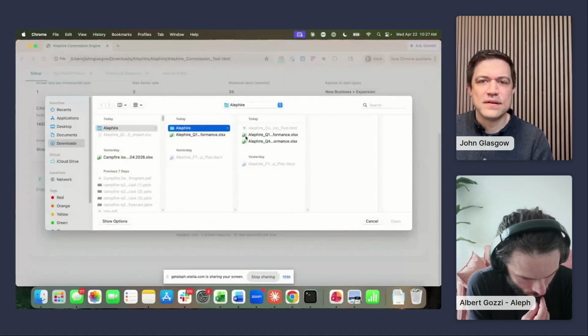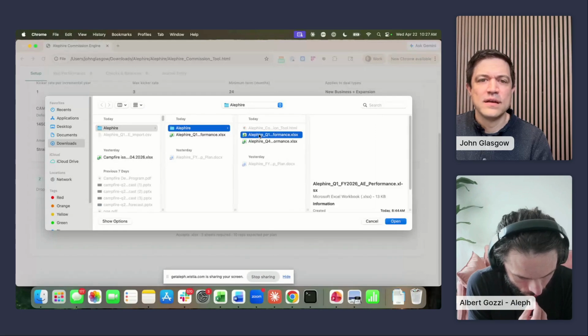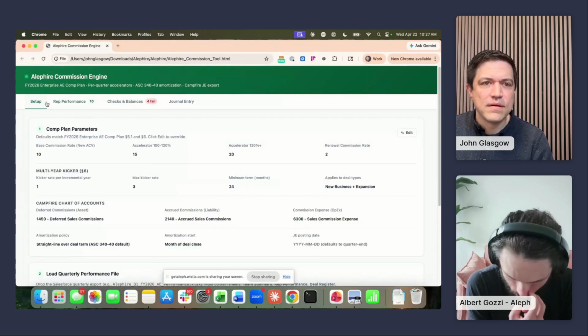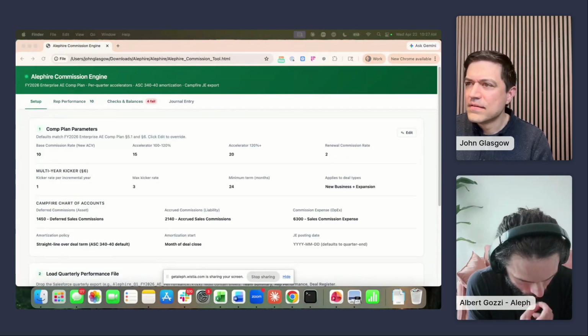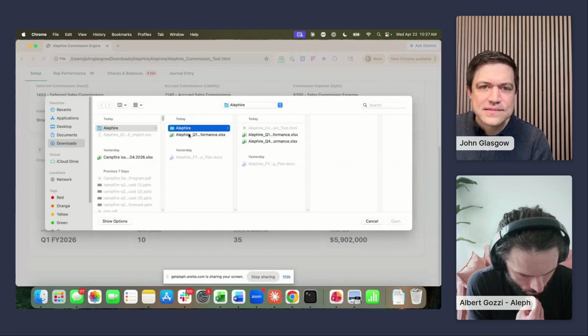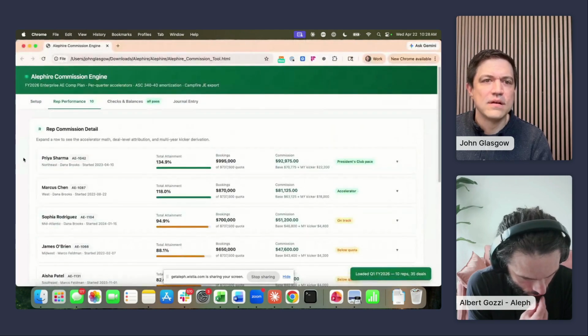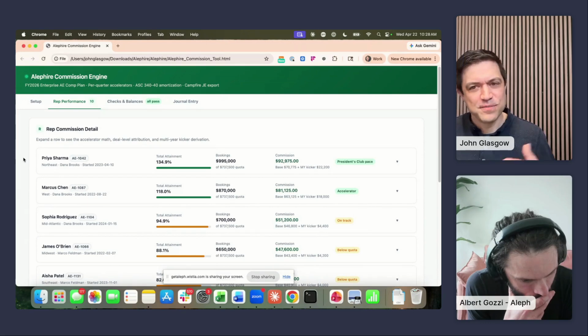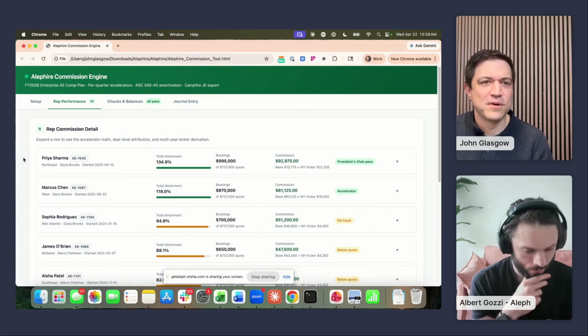So I'm going to drop in our Q1 team performance. Hang on, let me grab another file. Let's try again. There we go. If you end up changing the file format, I end up changing the spreadsheet a little bit. So this one is going to work correctly.